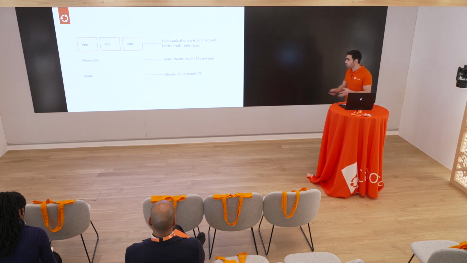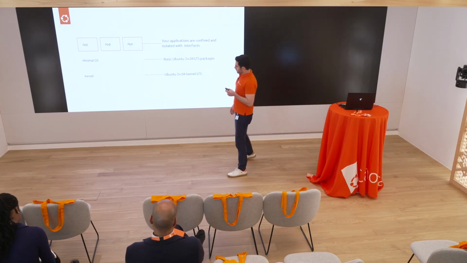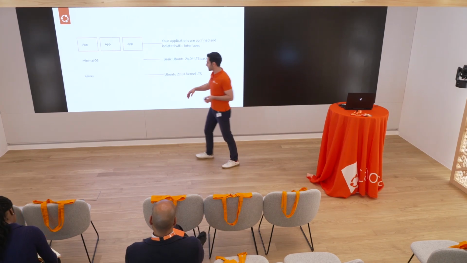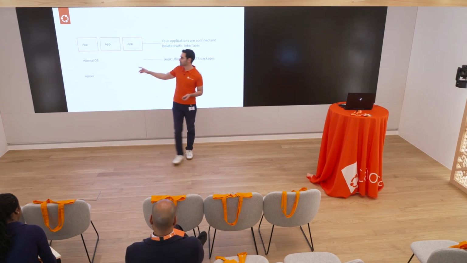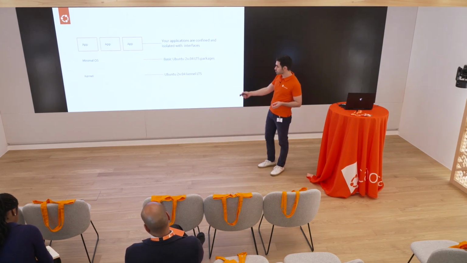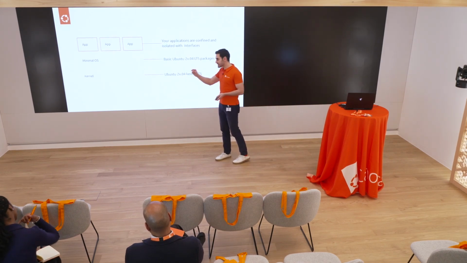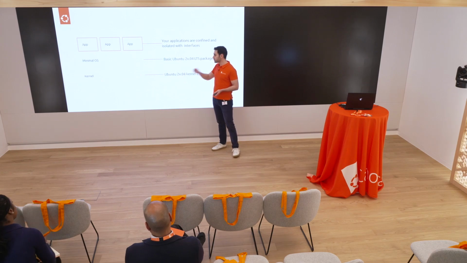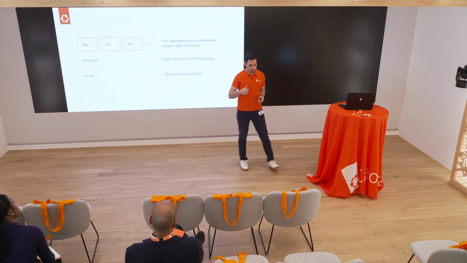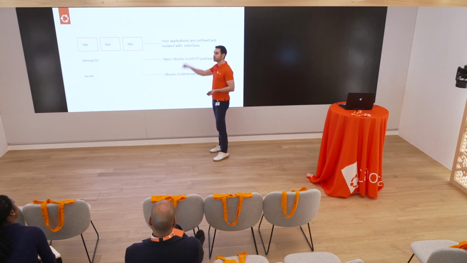If you look at Ubuntu Core, you will find 5 elements, but today I want you to focus on these 3. So on the bottom layer, you will find the kernel. Imagine that here is a box. The kernel that is packaged as a snap. Okay? So in Ubuntu Core 22, the kernel is the same kernel that is used in Ubuntu 22.04 LTS. In Ubuntu Core 24, the kernel is the same kernel that was used in Ubuntu 24.04.